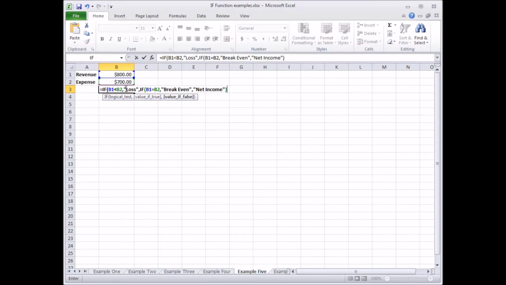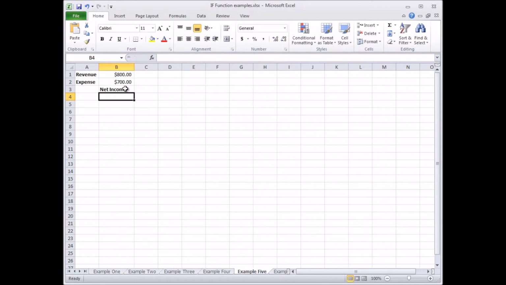And I'll type a closing parentheses, and notice that it's in green, which helps me know that I've got a nested function. And I'll type another parentheses, and that's black, and that lets me know that I've completed the formula. And I'll press enter, and I've got a net income here because we've got revenue of 800 and an expense of 700. Well, I'll type 500 for revenue,